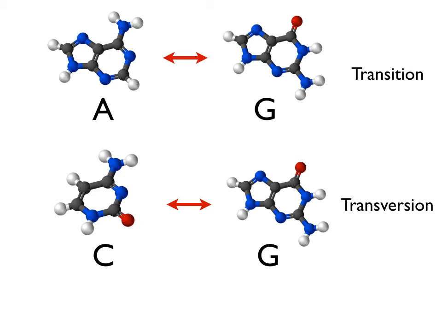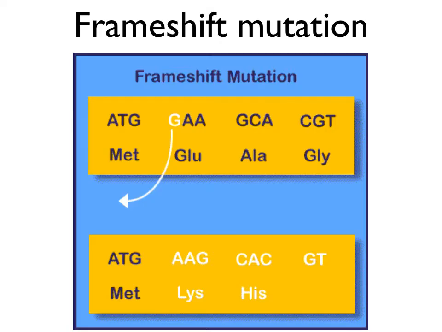Now, one important last type of mutation that I want to introduce you to, and you may remember this from intro bio, is a frameshift mutation. So a frameshift mutation is one in which the number of nucleotides in a coding region changes, so this only happens in the codons or exons of a protein coding gene. A frameshift mutation affects the reading frame. Remember I told you that the genetic code is commaless, and because there's no punctuation or spaces, it has to be read 3 letters at a time, codon by